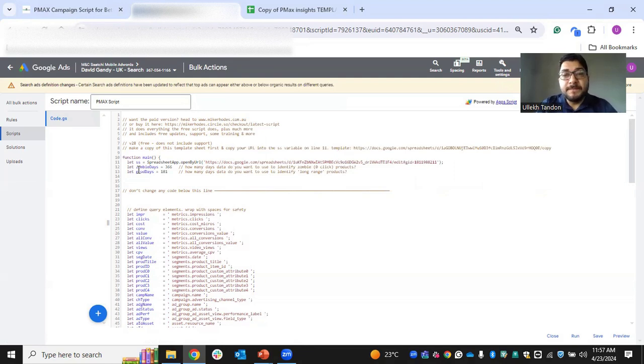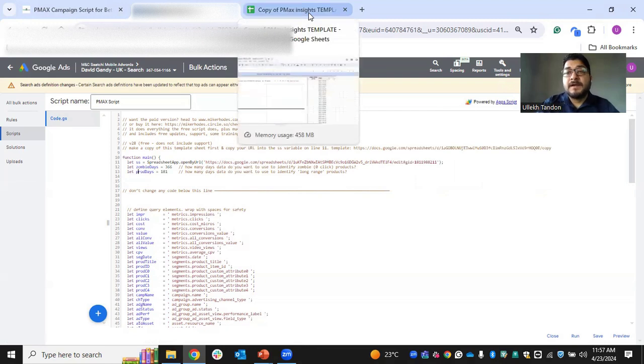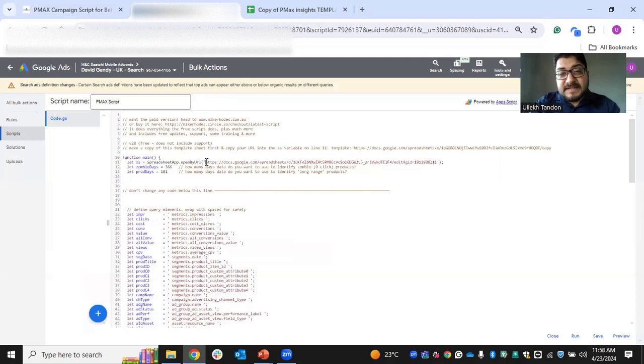The tweak you need to make is to make a copy of this template. When you copy it, the Google spreadsheet will give you a new URL. The only thing you have to do is replace this URL